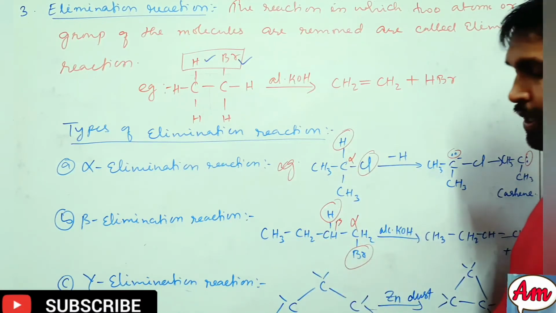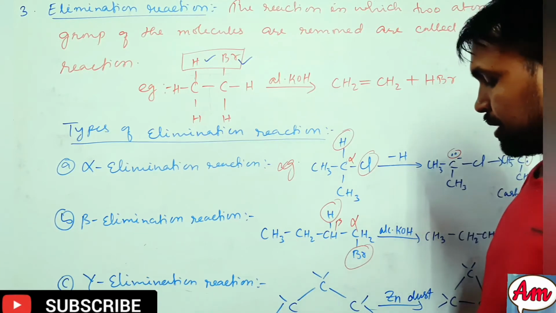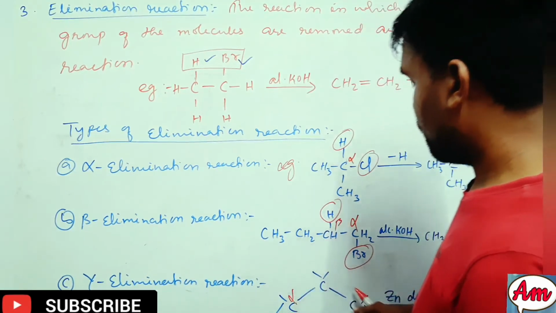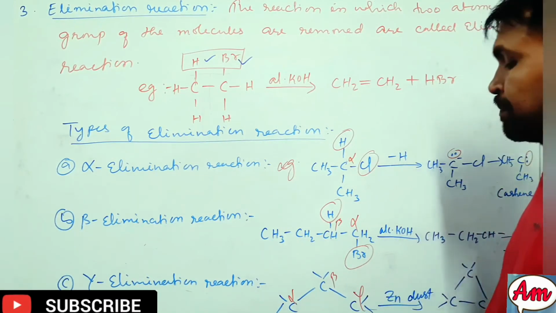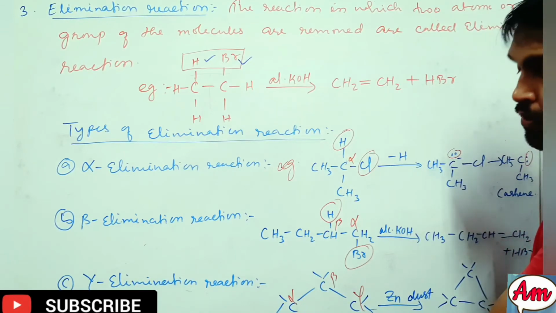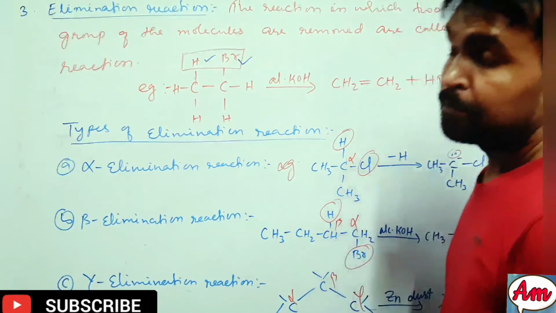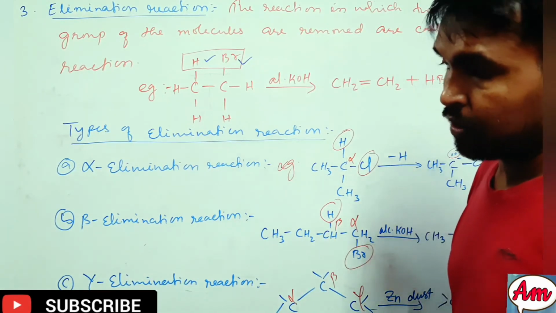So we have taken simple examples. So see here Br is there. So this one we are considering as alpha position, left hand side. You can consider this one also, no problem. This is alpha, beta, and this one is gamma. So from alpha position also halogen is going to be lost. From beta position also halogen is going to be lost. So these reactions we call as what? Beta elimination reactions. Okay dear students,